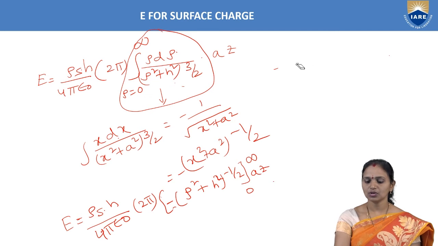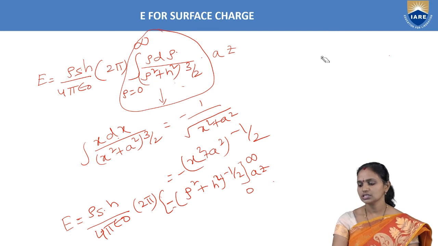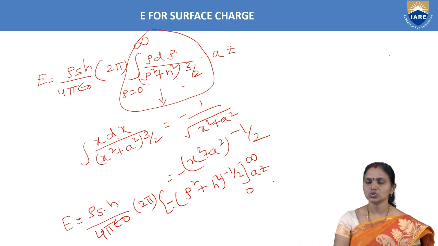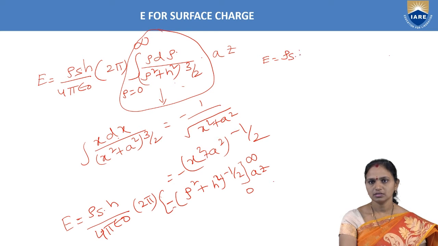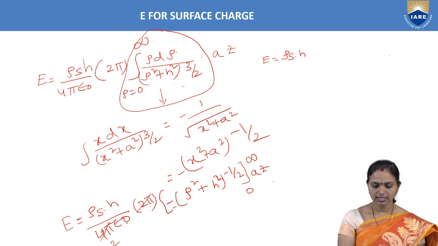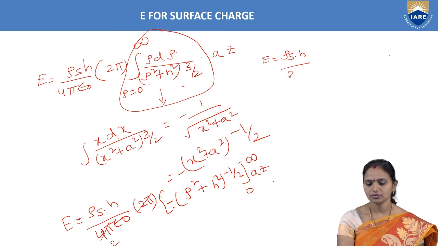Here the known parameters are rho s. Rho s is the known parameter, which is a constant one. So our final aim is, we need the electric field strength equation in terms of known and constant parameters. So now E equal to rho s h by 2 pi. From this, 2 pi and 2 pi get cancelled, and in the denominator we have 2 minus rho square.